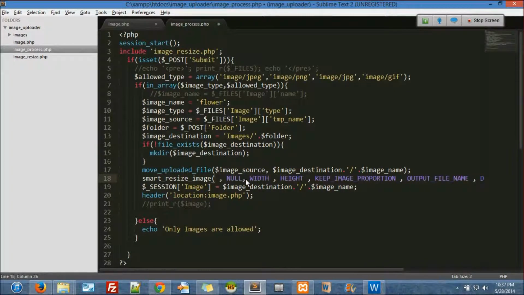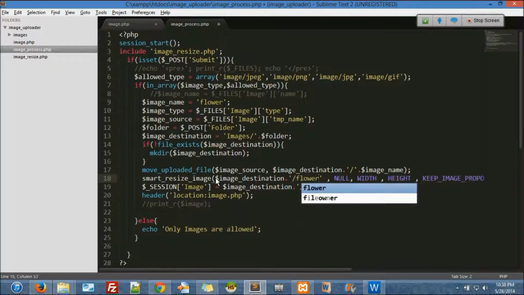I want to resize this. Which file is it? Flower, right? Flower.